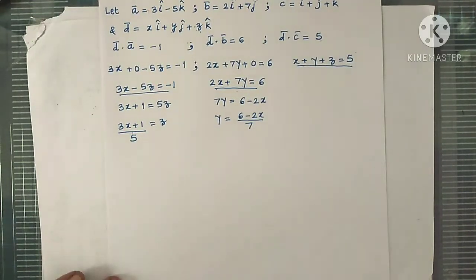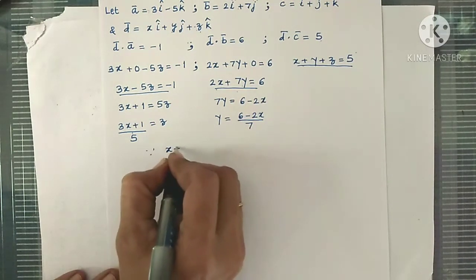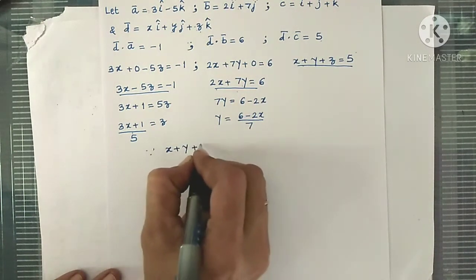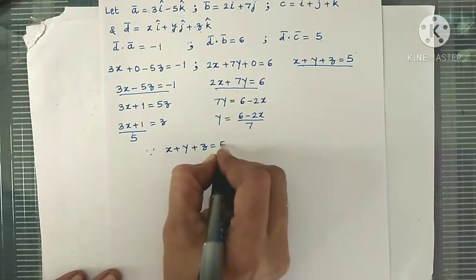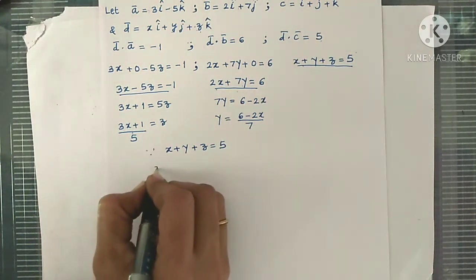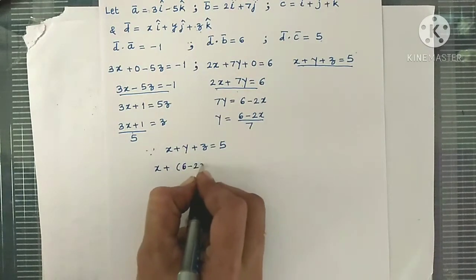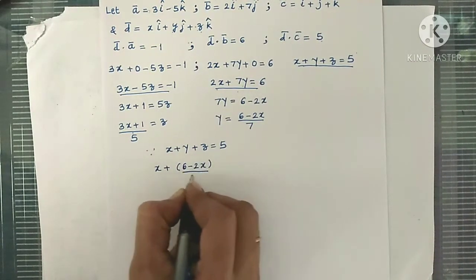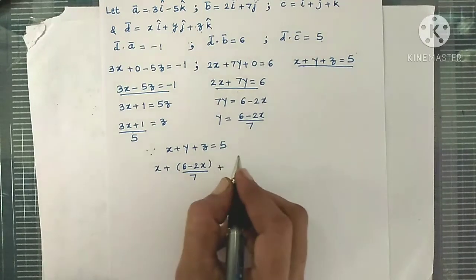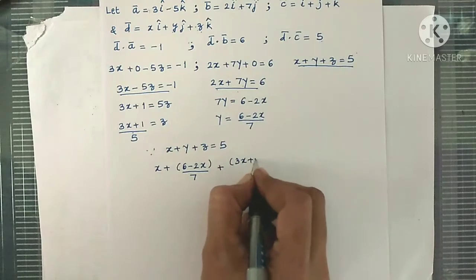Since x plus y plus z equal to 5, let's substitute for y and z. So we have x plus y, that is 6 minus 2x upon 7, plus z, z is 3x plus 1 upon 5,